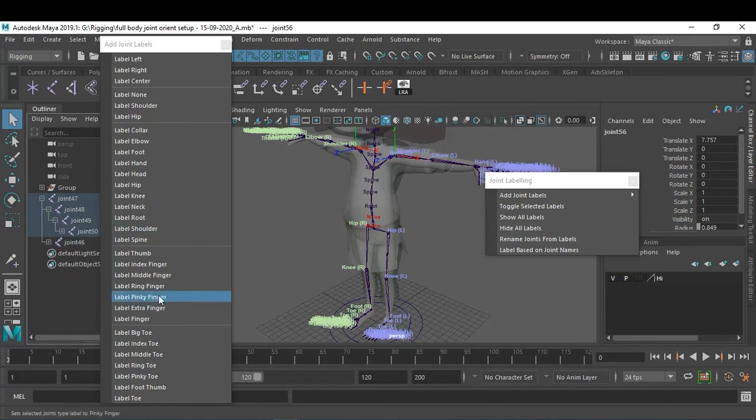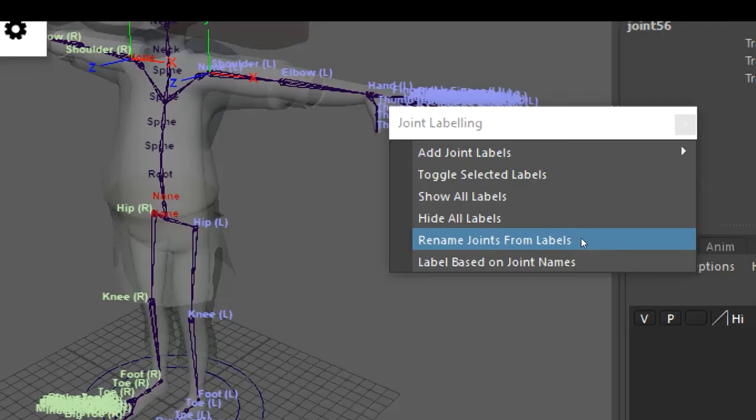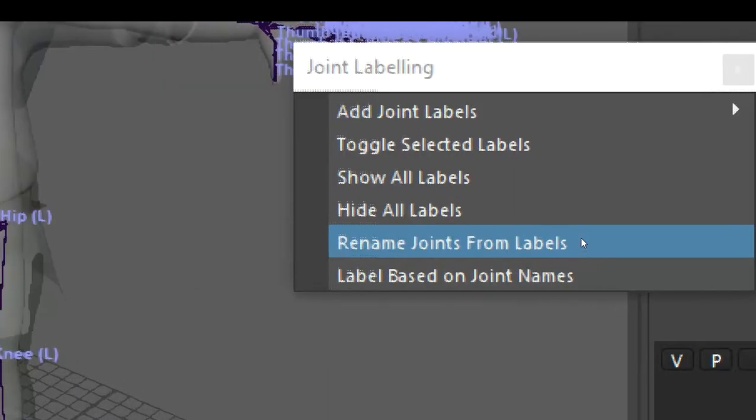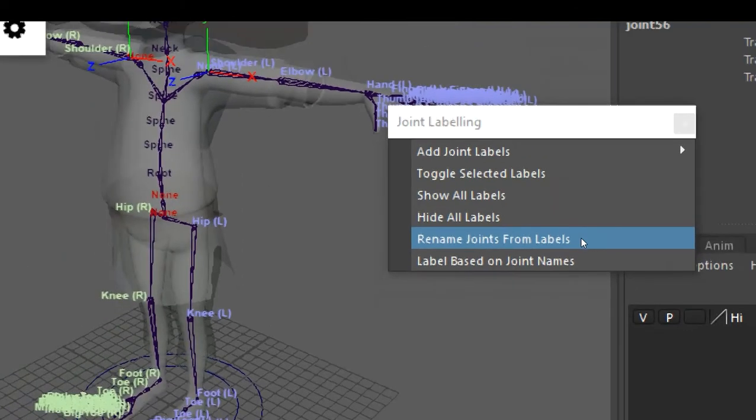Okay, for that what you have to do now, the main thing, this is the important point: what is written over here, can anybody read for me? Rename joints from label. Right. This is the important point for you. After doing all the thing, you have to compulsorily click on this particular thing.